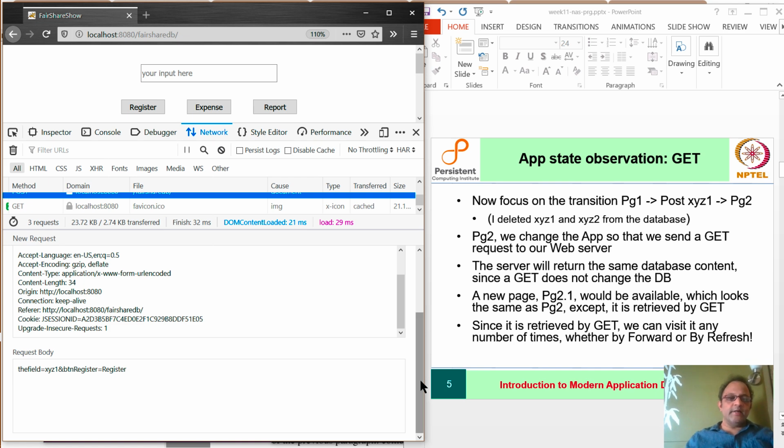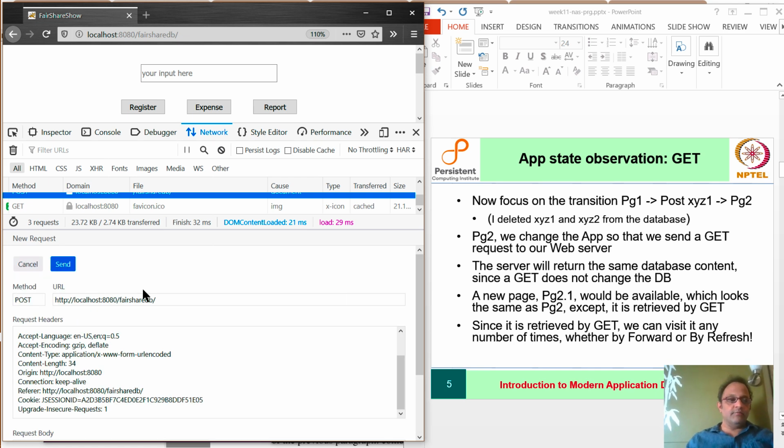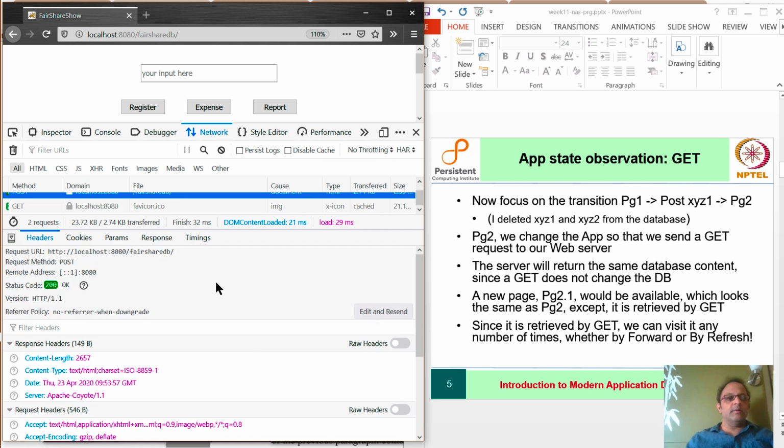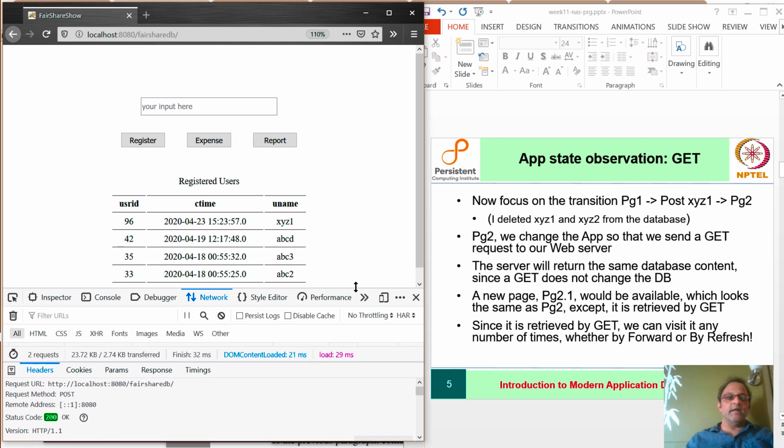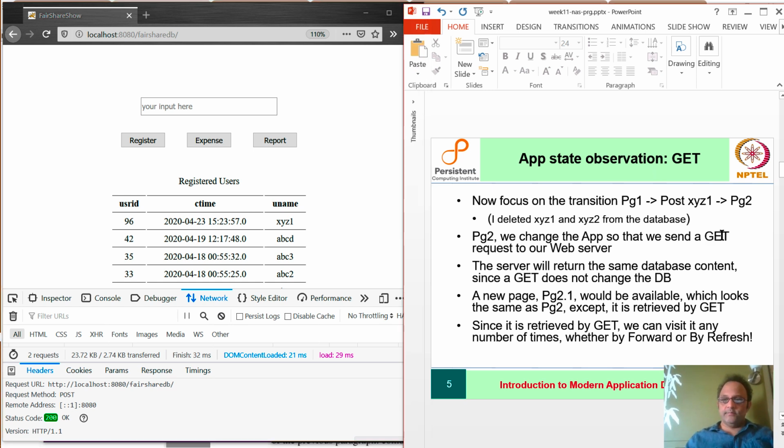Instead, suppose that I had a way, we haven't said what way exactly yet, but suppose I had a way to just send a request which gets whatever is in the database at this time, but get it using a GET request. If I did this, the server will return the same database content because GETs don't change the database, and a new page would be available.